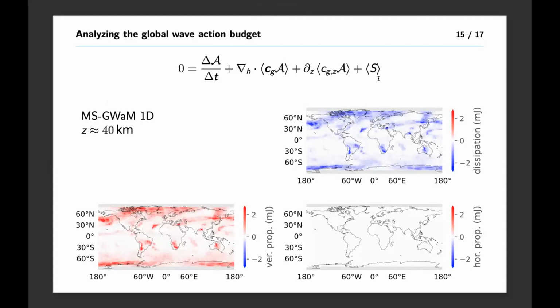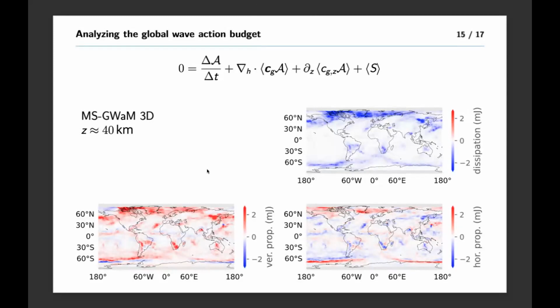We can see in the one-dimensional version, the vertical propagation or vertical flux of wave action balances the dissipation. This is the classical picture, something we know. But if we go to the 3D version, we see that refraction changes the picture significantly, as our waves can be refracted out of the jets or into the jets. We see convergence zones like around the southern polar jet, and these three terms balance and they have the same magnitude. That means horizontal propagation cannot be neglected as it usually is. Finally,